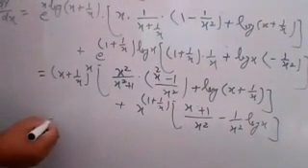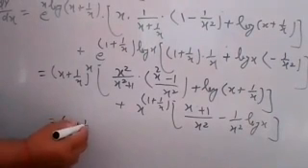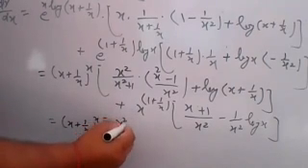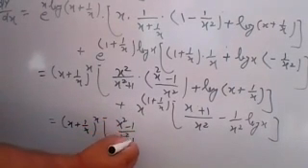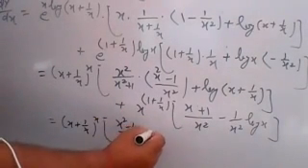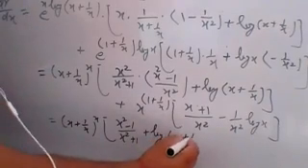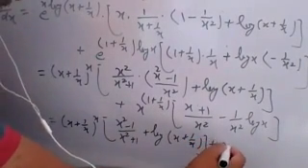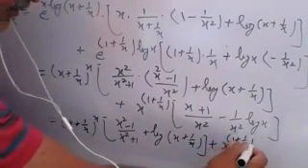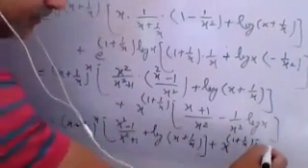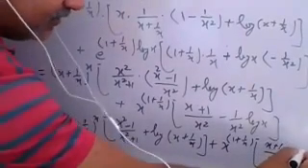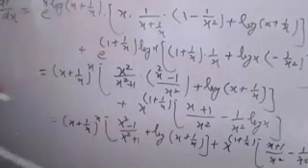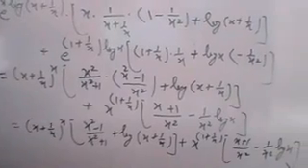So that can be written as (x plus 1 upon x) whole power x into (x square minus 1) upon (x square plus 1), and plus log of (x plus 1 upon x), plus this term: x to the power (1 plus 1 upon x) into (x plus 1) by x square, minus 1 by x square into log of x. So that is your answer. Note it.